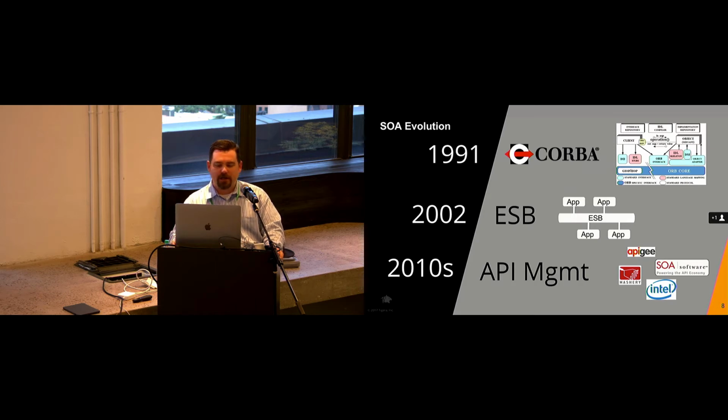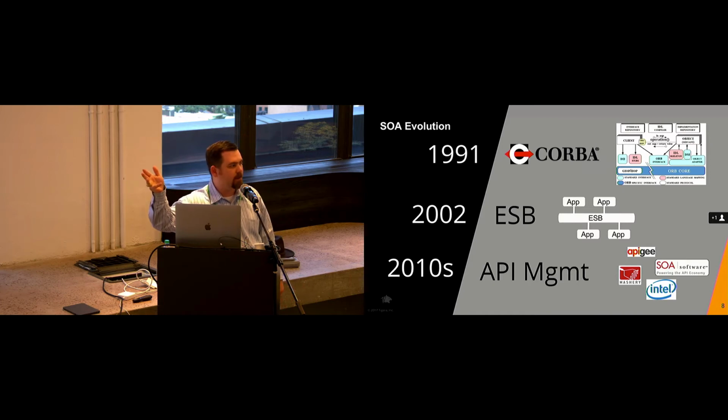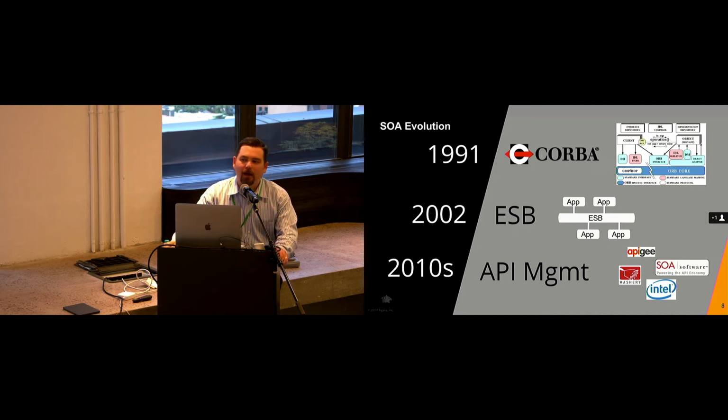One of the frustrations that I always had with these types of evolutions, right? Who's been part of a project that has said, oh, the new thing has come along, right? We're going from CORBA to ESB now. We have to basically rip out everything that works or was working and go to this new technology, and who enjoys lift and shift, right? I think that things are going to be different with this service mesh context, and we'll get into some of the reasons why.